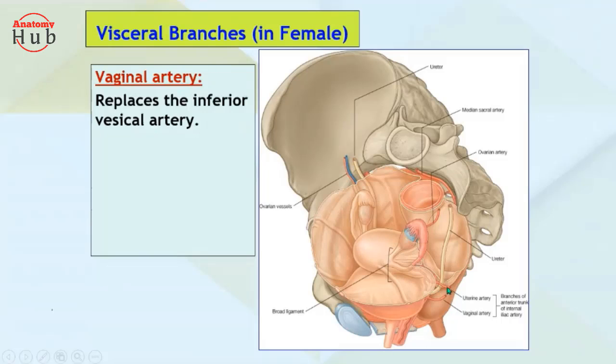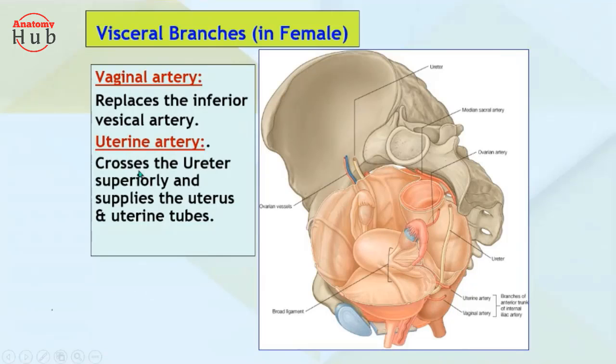But what do we have to do? We have to first cut and ligate the uterine artery, and you have to preserve the ureter, right? So here is a very clinically important point, right? Leave it, that is not the topic. So you'll find the uterine artery. The uterine artery crosses the ureter superiorly, and supplies the uterus and the uterine tube. Uterine tube means the fallopian tube.